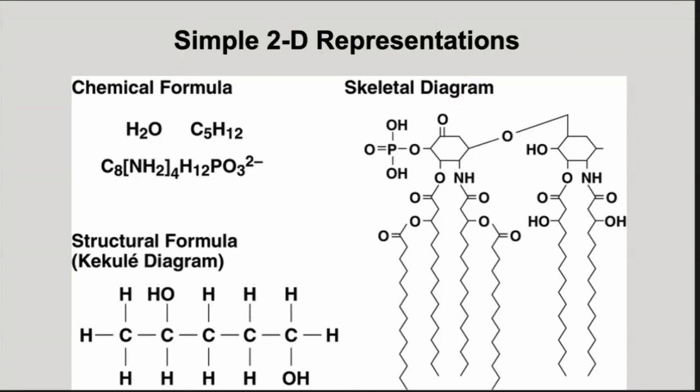Carbon always forms 4 bonds. So if you only see 3 bonds connected to a carbon, it means the 4th bond has to be filled with a hydrogen. So, for example, if we look at that corner point right there,